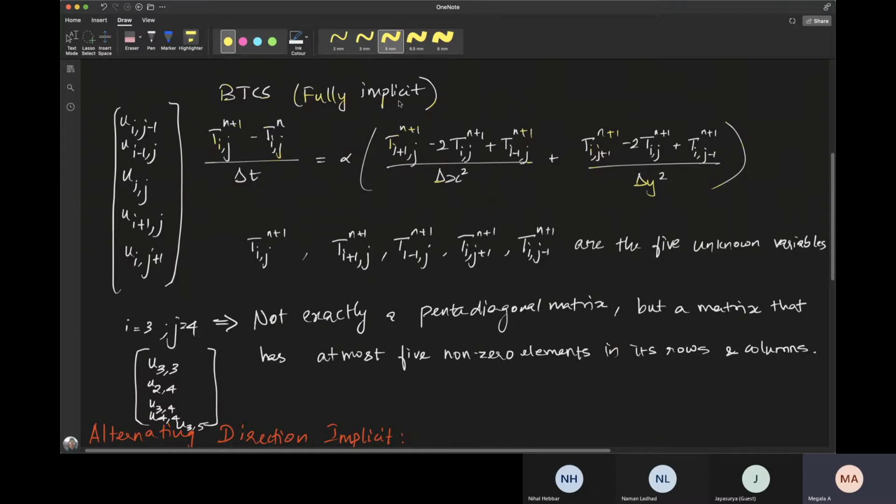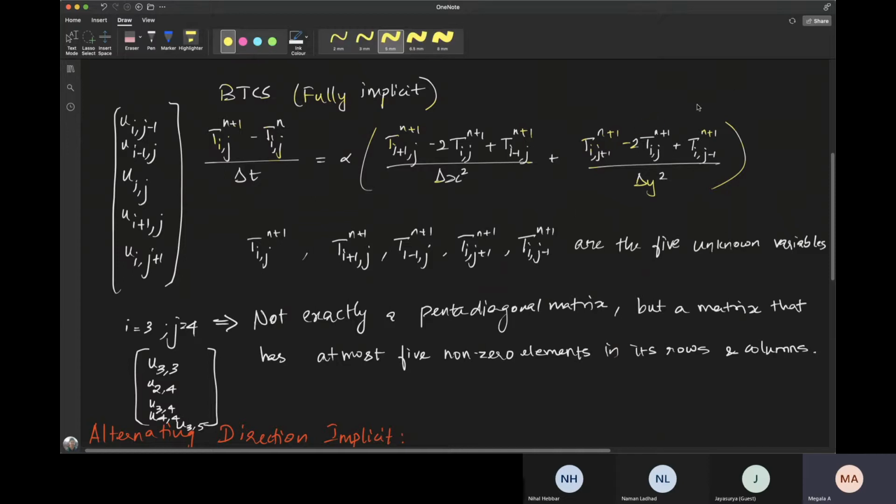So when you do that, in that kind of system, you will have only 3 unknown variables. Suppose we evaluate this at a later time step while keeping this central difference at time step n, then we'll have only 3 unknown variables, that is ij, i plus 1 j, and i minus 1 j. Since we are evaluating the other one at time step n, ij plus 1 and ij minus 1 will be known variables.